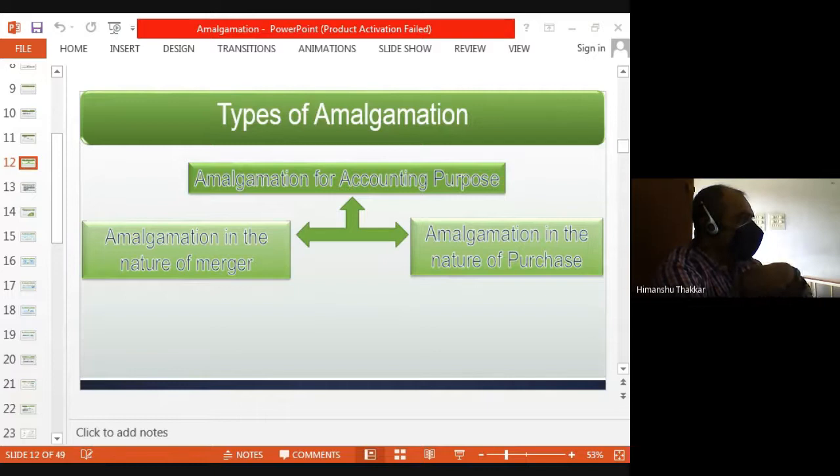If A Limited is purchasing B Limited, B Limited books should be closed. So closing the books of B Limited is the second category sum. Suppose it was amalgamation, then which company loses its existence? In our example of AB Limited, if we amalgamate, which company loses its existence? Both A and B lose their existence because the new company is AB Limited. So both A and B books are to be closed. That is called closing of books, second category sum.